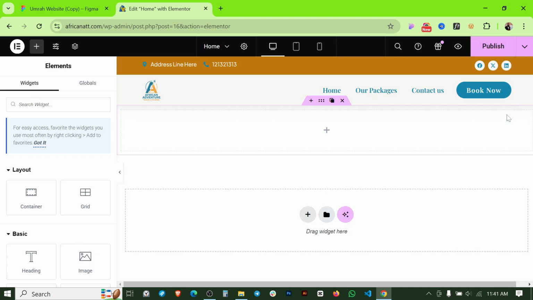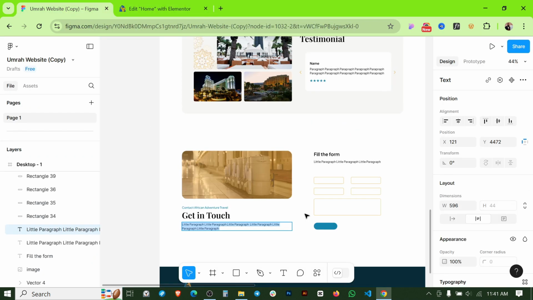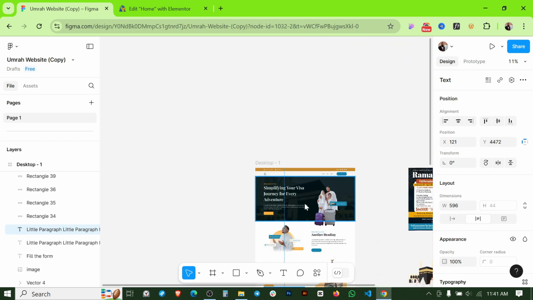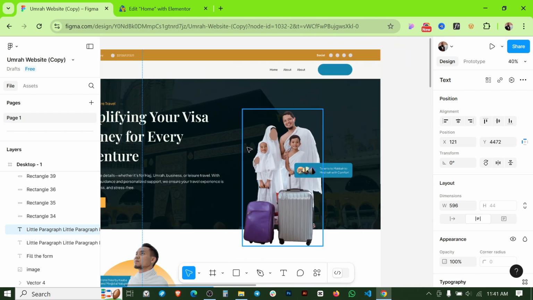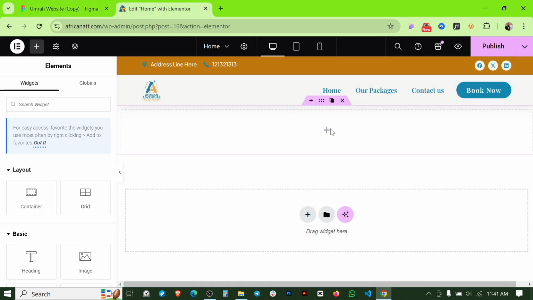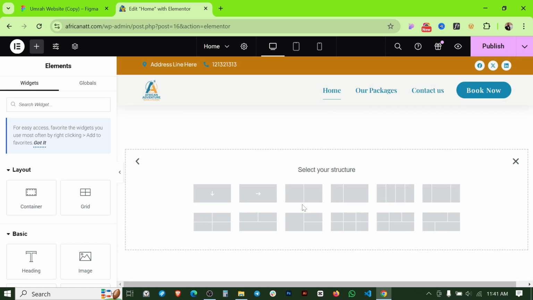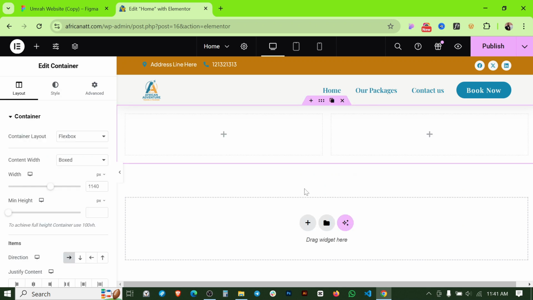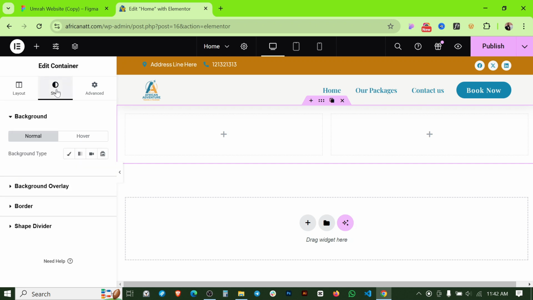So I am going to delete this one, and let's go for our hero section. You can see in the hero there is two section here. So if I click here, and let's delete them. So if I click here, and let's take this two column, and here I'm taking two column here. So if I click here, let's make it to full width for now,